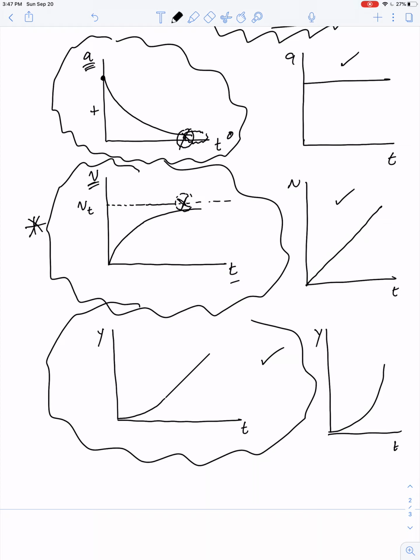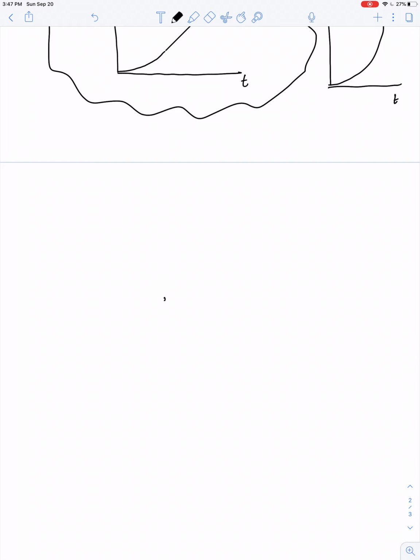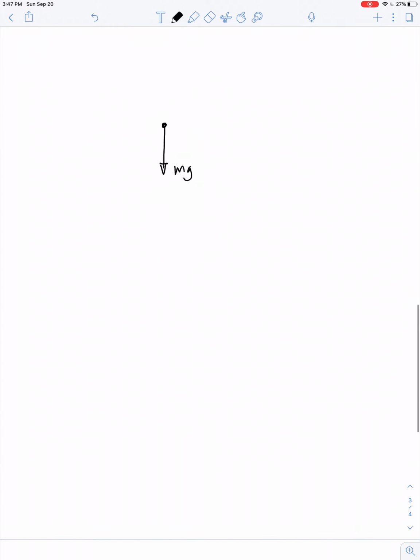Okay, so the real question is, what is the equation that describes the shape of this graph? Let's see if we can figure that out just based on Newton's laws. So if we have an object that initially just has a force of mg, ultimately has forces in opposite directions that are equal to one another, mg and bv, then, well, that's the initial